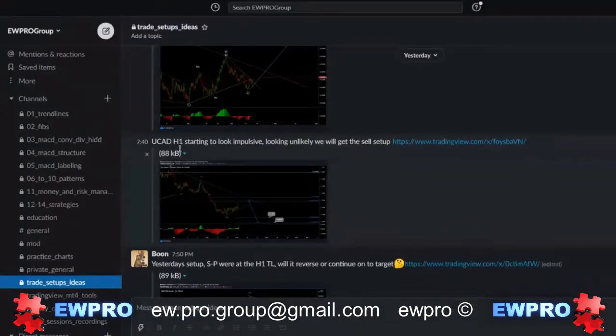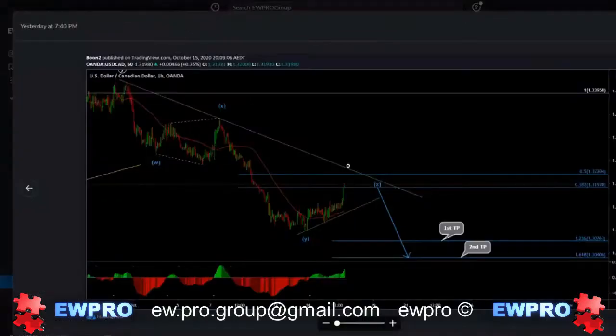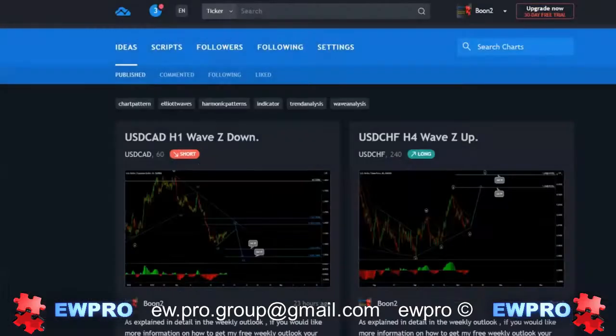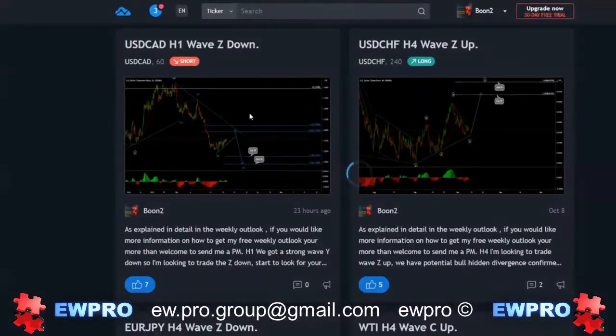UCAD, this is the UCAD H1 starting to look impulsive, looking unlikely we'll get the sell setup. So it was starting to look impulsive at this stage. It did actually go up and break this top, and I invalidated the TradingView idea that I put out. This TradingView idea here,